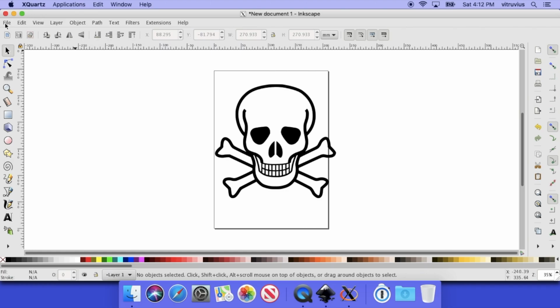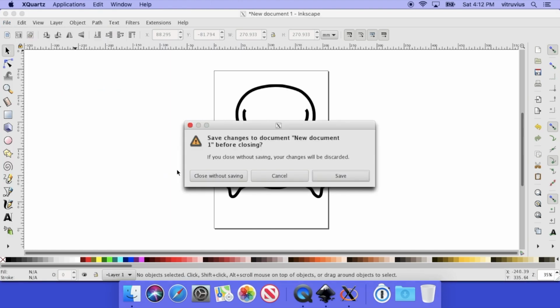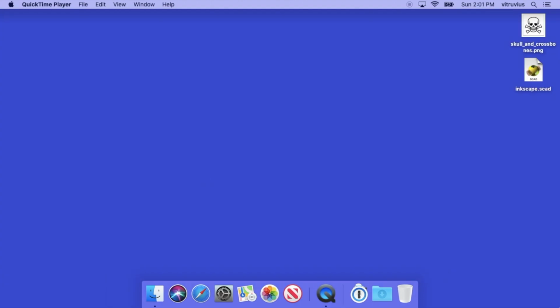You can close without saving. We don't need any of that stuff. And then once that's closed, exit or quit out of X11, and we're all set to go. You'll notice that on our desktop, we now have the Inkscape.scad file, and we are ready to move on with